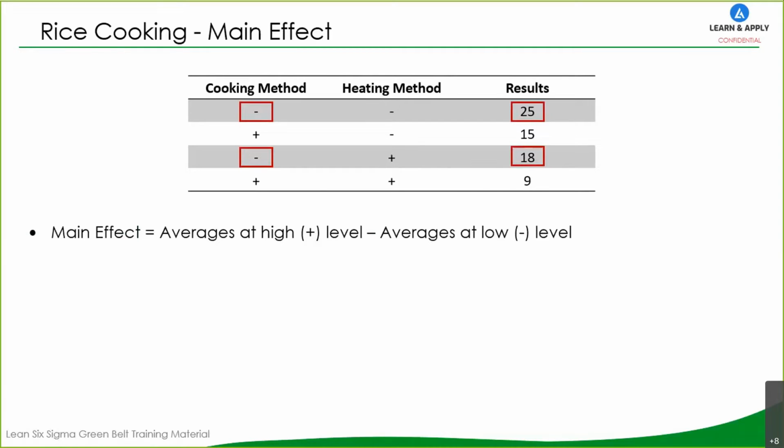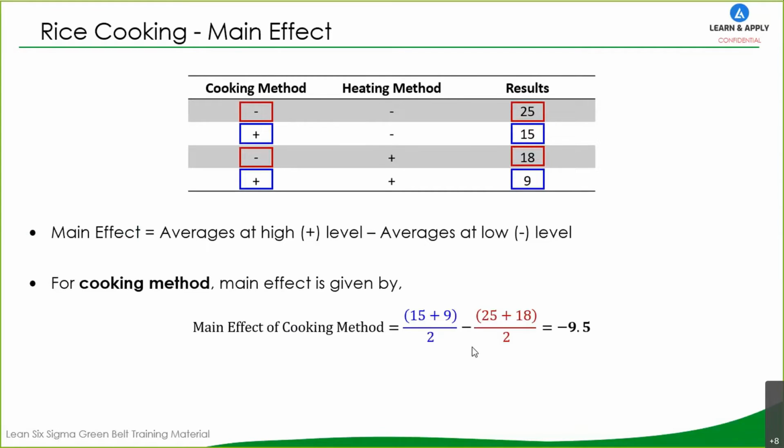Now let's see first the effect of cooking method. If you are going for calculation of main effect due to cooking, main effect is only for the factor. So main effect of the factor. Let's talk about the main effect of factor 1, that's the main effect of cooking method. So for cooking method, main effect is given by